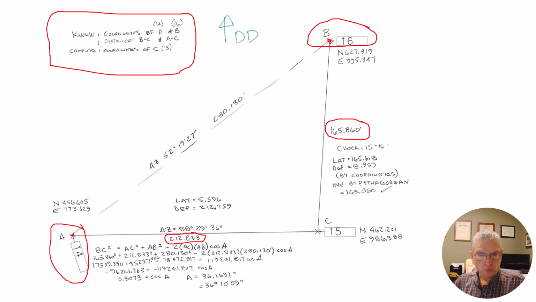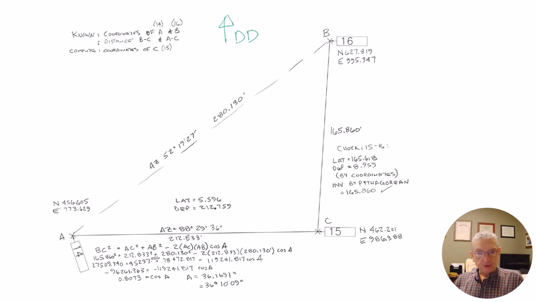and then we wind up solving for the cosine of A is 0.8073. The arccosine therefore tells us that the angle at A, because we're solving for the cosine of A, so when we find the cosine of A, we take the inverse cosine of 0.8073 and we get 36.169 degrees, which converts in degrees, minutes and seconds to 36 degrees, 10 minutes, 9 seconds. Now, taking that information, we now have,